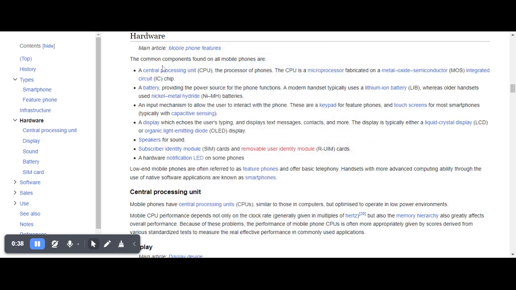The common components found on all mobile phones are a central processing unit. Number one, a central processing unit (CPU). The processor of phones. The CPU is a